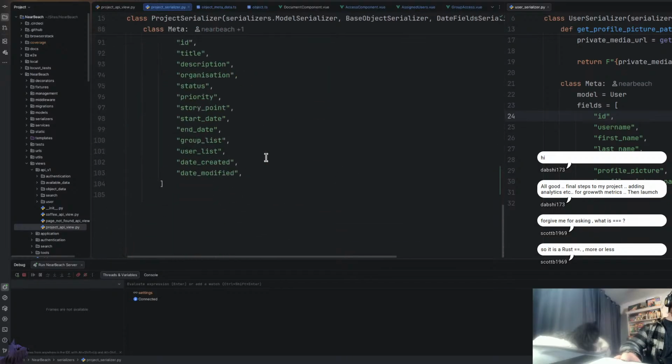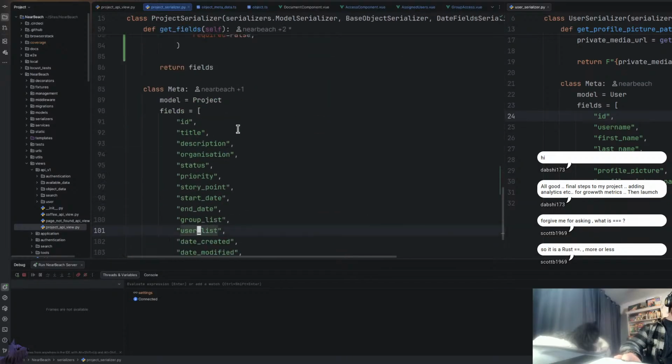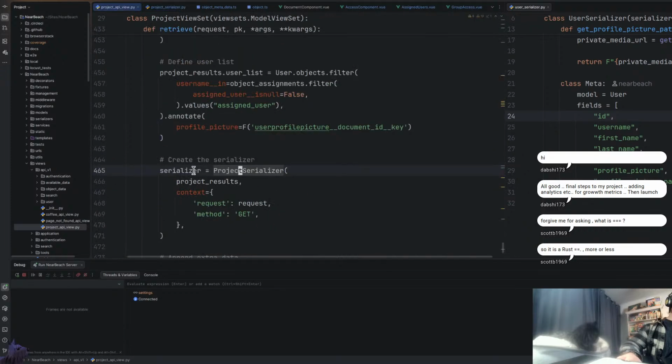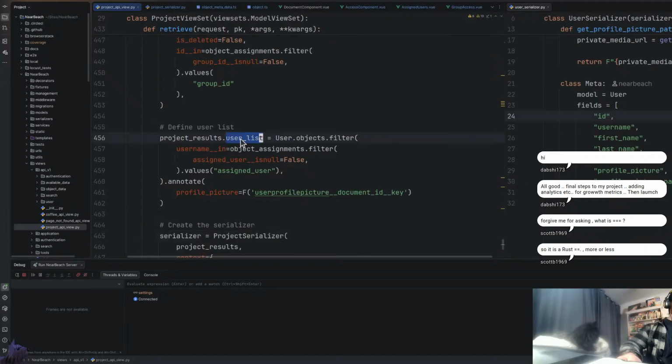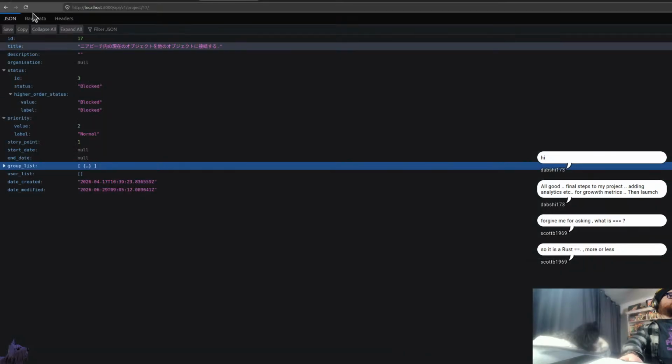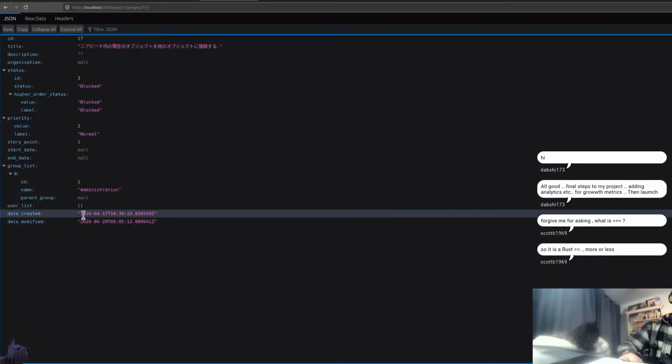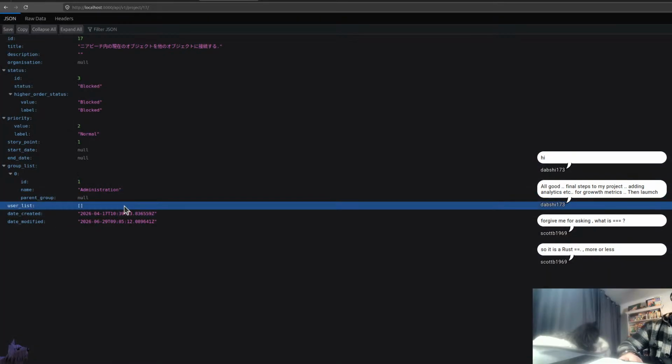Yeah, we've got the user list there. So in the project API sort of stuff, we've got the user list. Cool. Just looks like we didn't have a place to put it. So if I hit refresh on the API, all right, it looks like we probably don't have anything assigned to this. So what I'm going to do